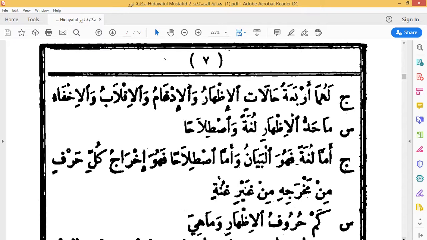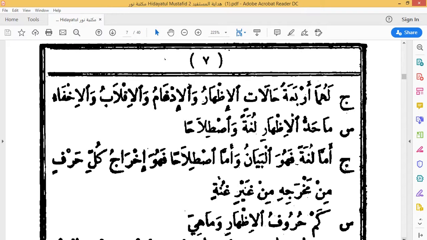Al-awwal al-izhar. The first one is al-izhar. The second one is al-idgham. The third one is al-iqlab. The fourth one is al-ikhfa. So we have al-izhar. Call it after me. Al-izhar, al-idgham, al-iqlab, al-ikhfa. So these are the four instances of